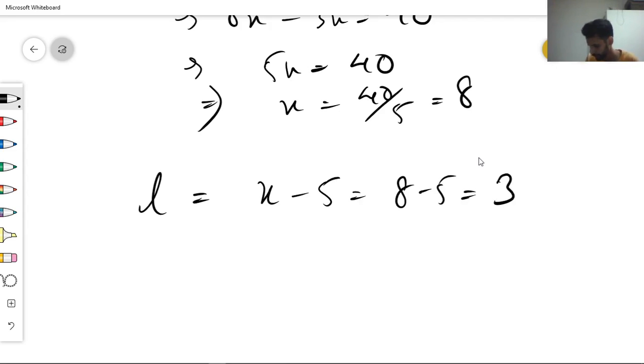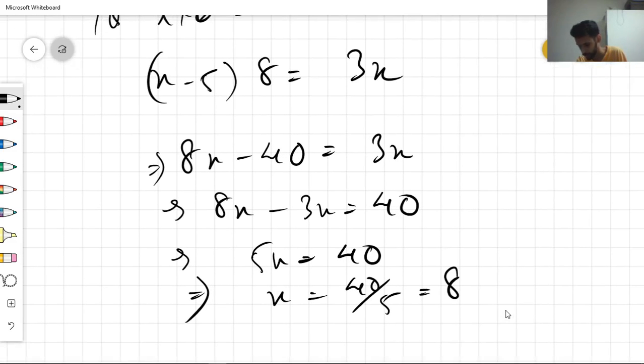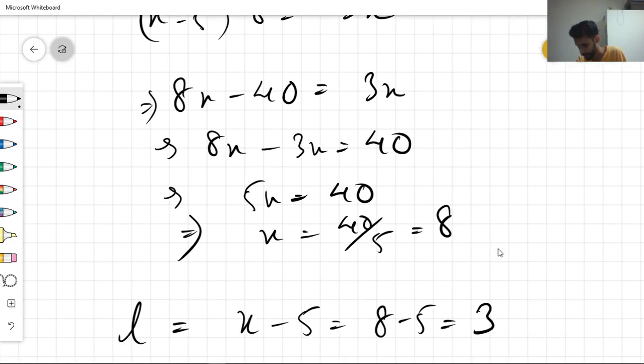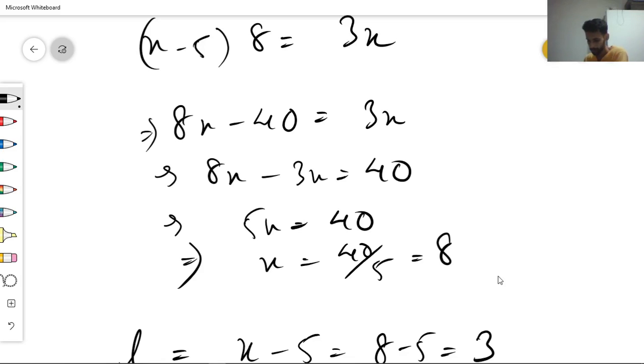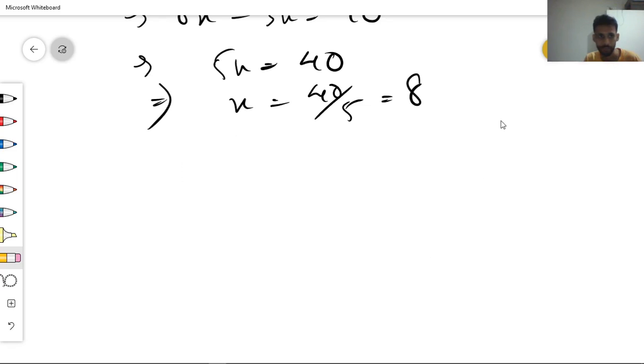How come the length is smaller actually? I don't know how it came, this 8 into 3. 8 into 3, yes, it will be 8 and 3 only. Question number 13, let me check it. X is 8, yes, it is correct. Oh sorry, what am I doing here? We need to find the value of only x. So we got the value of x. X is 8. We don't need to find the length here.